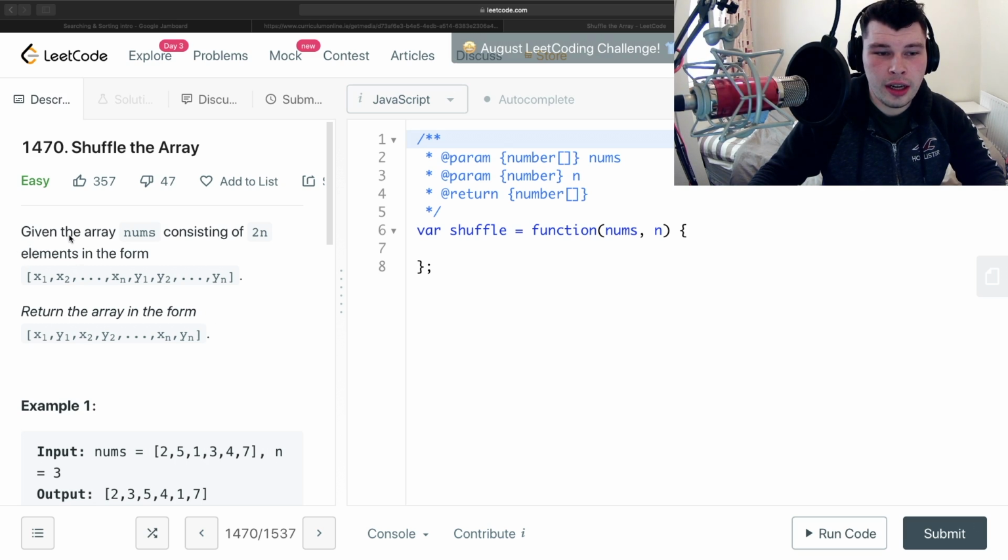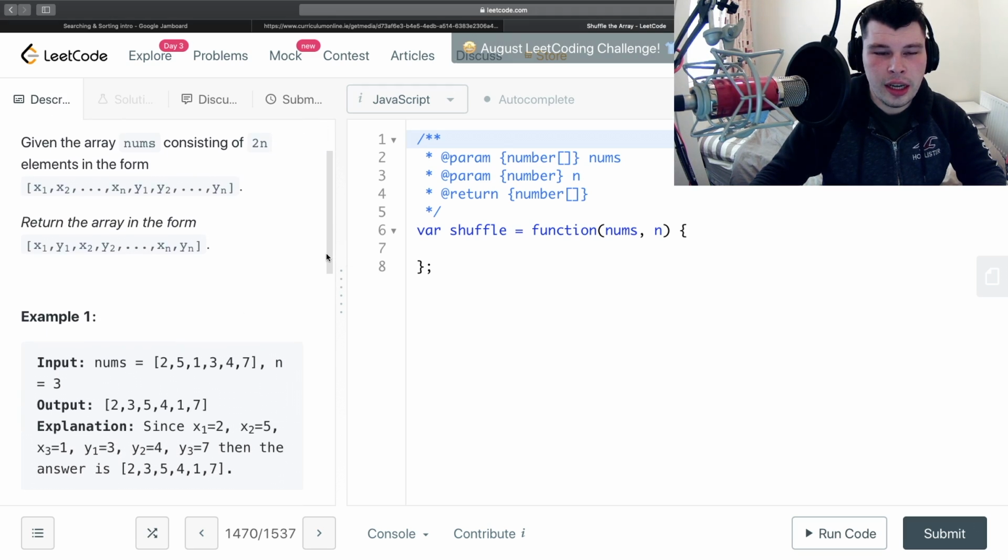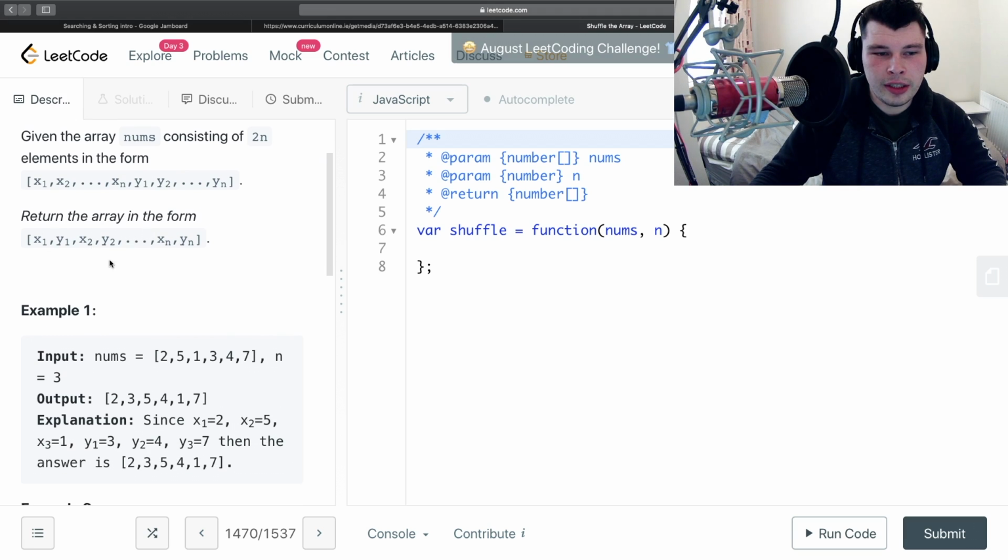So given an array nums consisting of 2n elements in the form x1, x2 up to xn, and then we have y1, y2 up to yn. You mightn't quite understand what it's asking, but if we go down to the example, it might make a little bit more sense. And we can see from this return here, we're basically getting each x and pairing it